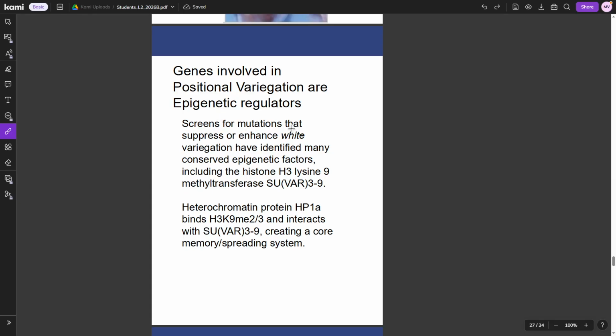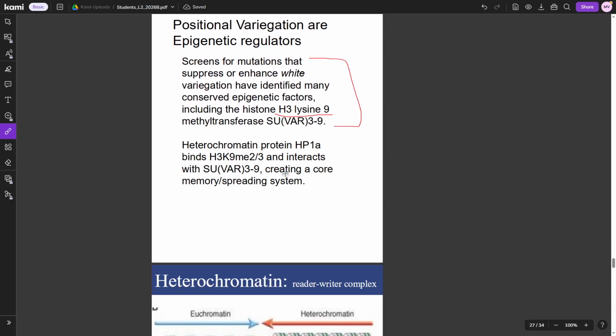So screens for mutations that suppress or enhance white variegation have identified many conserved epigenetic factors, including lysine, whatever. So basically what this is saying is there are a lot of different factors that are epigenetic. In this case, the histone modifications, that are impacting whether or not the fly eyes are white or red or whatever. At the same time, there's also